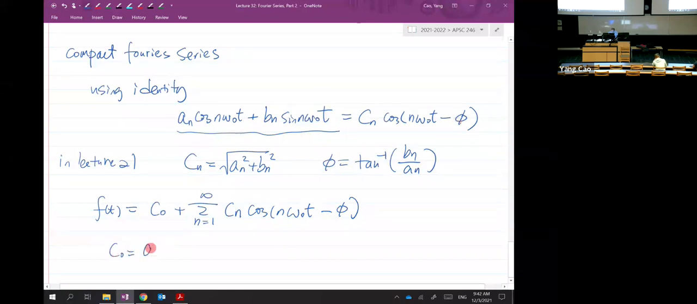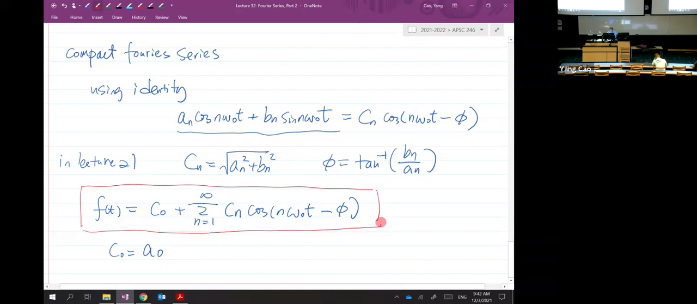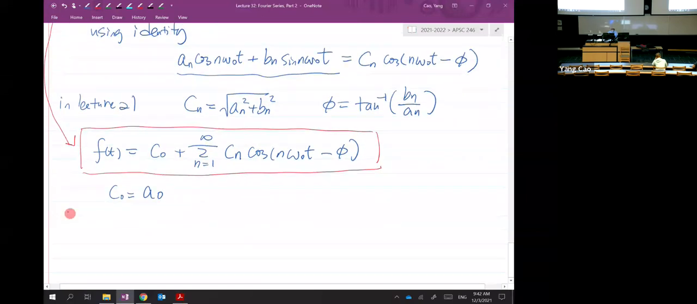C naught is basically the A naught from the previous formula. So this format here is what I call a compact Fourier series. A little more compact. Why is this good? The reason is that this compact form specifically gives us the amplitude and also the phase associated with this Fourier series. So let's see, for example,